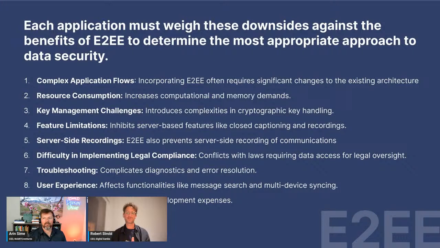And then, like you said, feature reduction. Some services which require client or server-side processing, such as AI-based transcription services, which require us to access the raw stream data, are not compatible with end-to-end encryption. Same thing with server-side recording. We can't do it. So even though the server might be connecting technically in an end-to-end encrypted way, you cannot call that end-to-end encryption anymore if the provider has access to the decrypted streams.